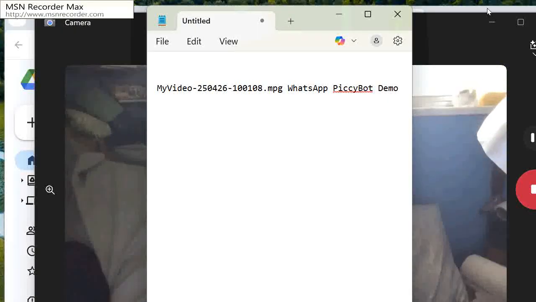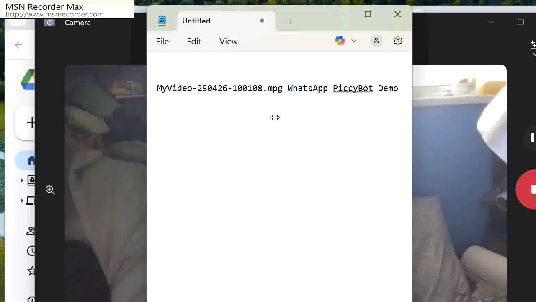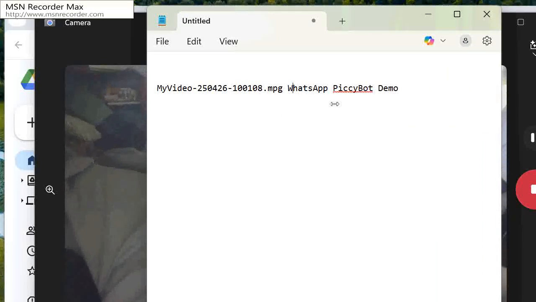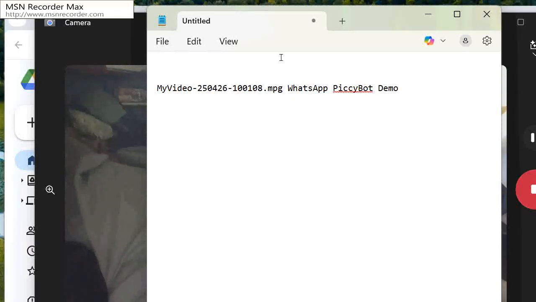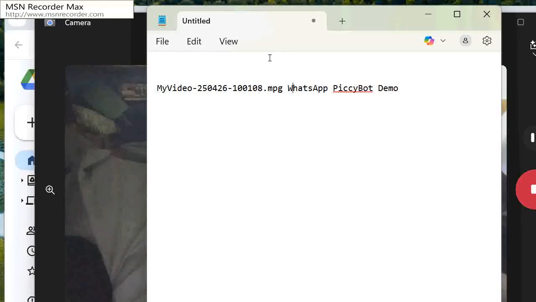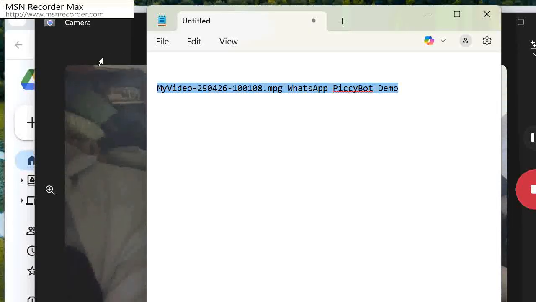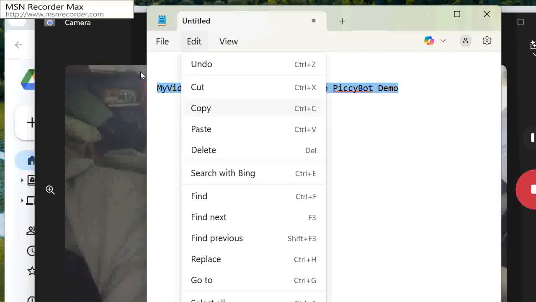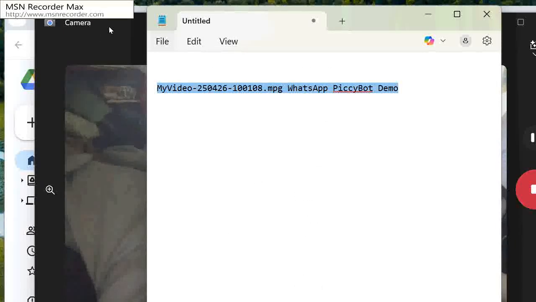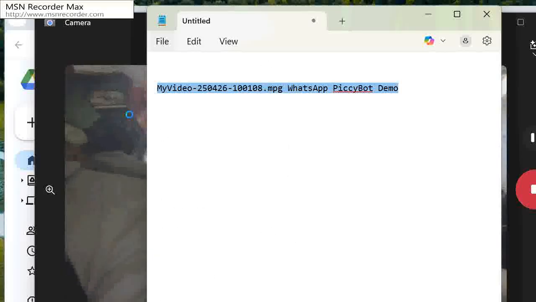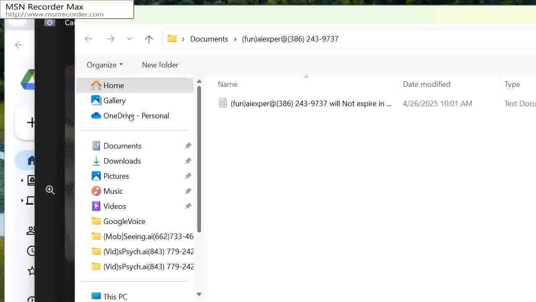I would like to save it to my hard drive, so in case I get disconnected, my notes will remain. So I mark the topic with the video file name with a cursor and go edit, copy to the clipboard buffer, and then file, save as. And I intend to save it to my hard drive. So first of all, I go Control V to paste the file name, and then I click